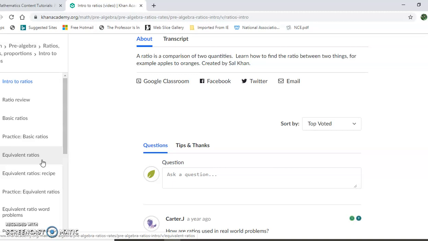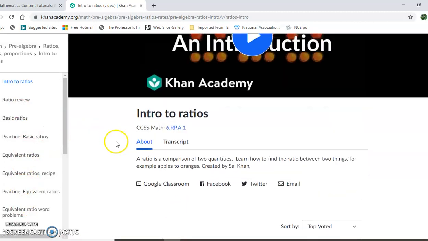Now, for areas where your diagnostic test showed that you didn't really have a lot of struggles, I still encourage you to go back and do a couple of the tutorials and the practice questions. Even though you did well in them, you still want to make sure that that information is fresh in your mind. So I encourage you again to go through all of these different parts.